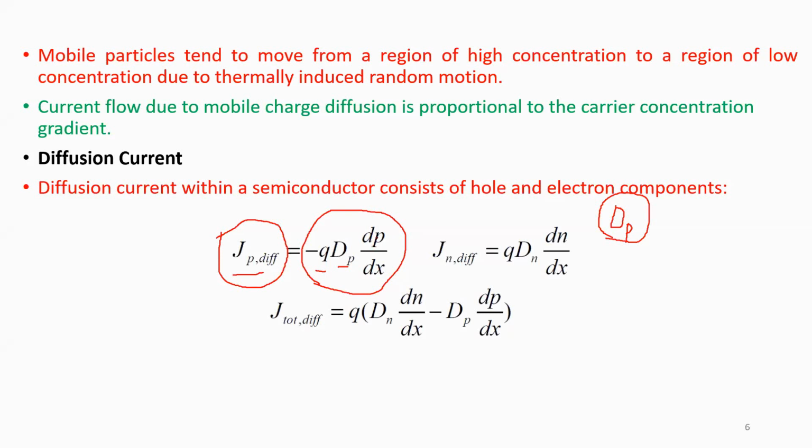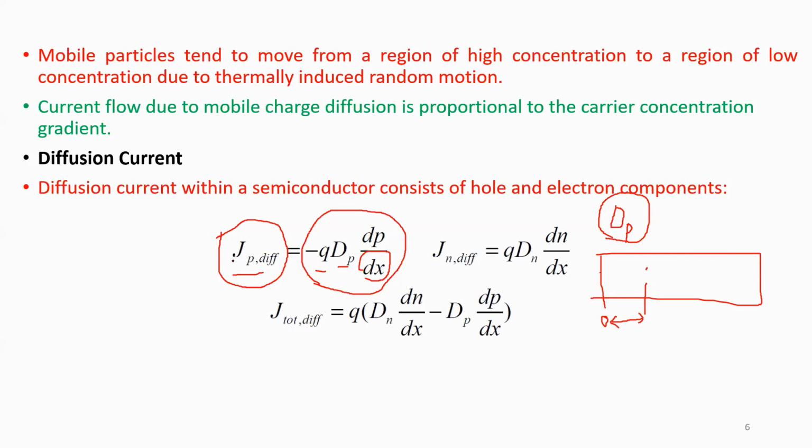Next is your hole concentration gradient. This is called gradient. So dp means change in concentration. And what is the thing with respect to which you're noticing the change? With respect to distance. Suppose this is a semiconductor like this, and this is a point 0. So at this point we are having a different concentration. At this point we are having a different concentration. So concentration at this point minus concentration at this point, and distance at this point minus distance at this point. So this is your concentration gradient.